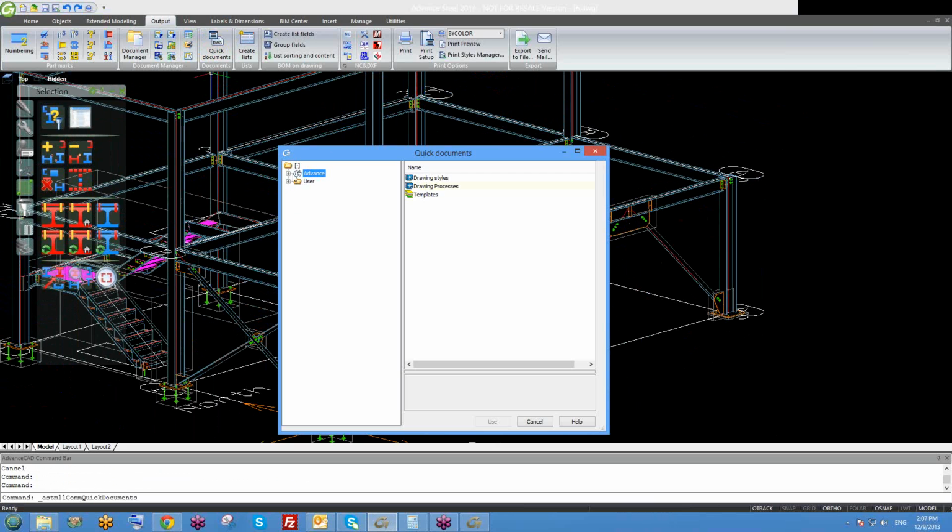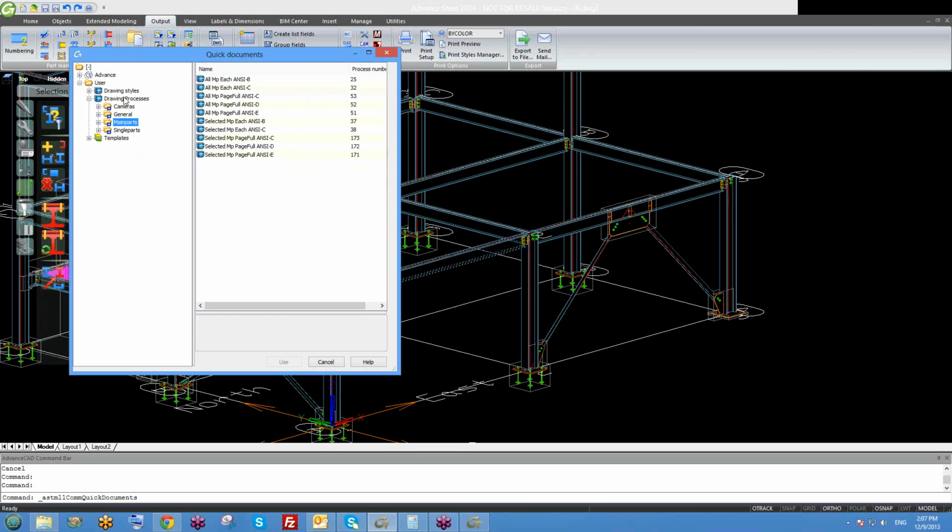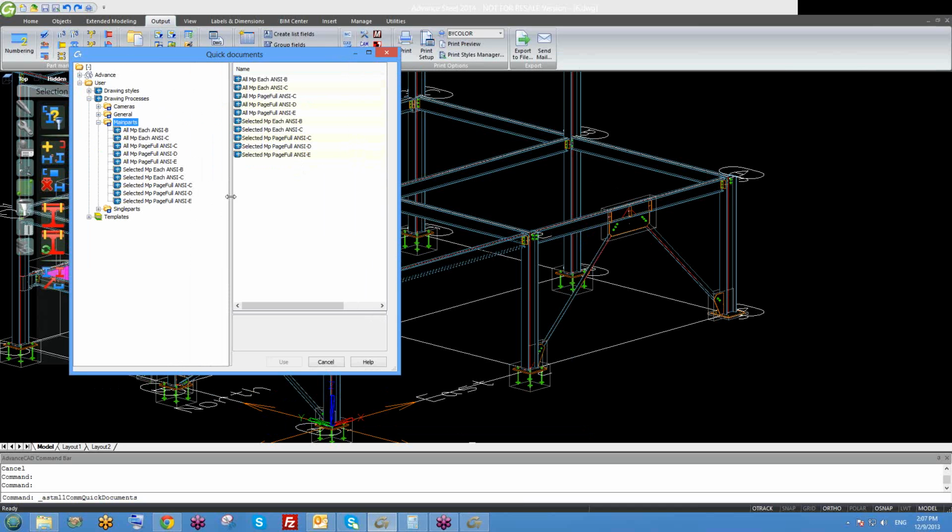I need to make sure I'm under User part, and then go to Drawing Processes, on their main part because it's a main part. Make sure you have on their processes. We're going to see the drawing styles later, but at the moment make sure you have on their processes. So main parts, and then we have